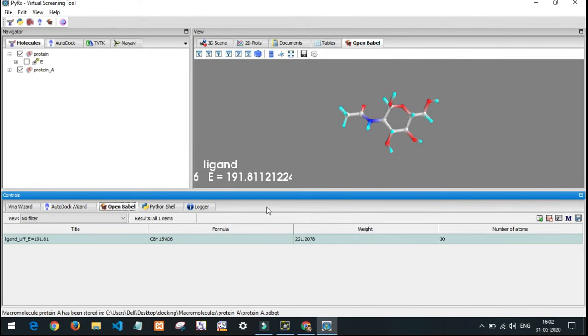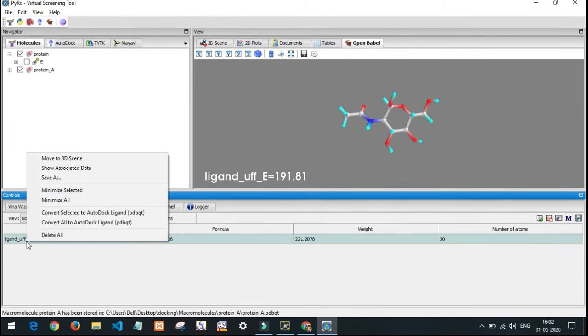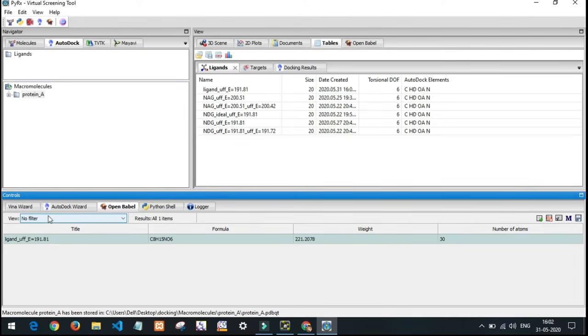Once the energy minimization is completed, we need to convert this file into the PDBQT format, which is very useful for docking analysis. For that, we right click our ligand molecule and convert selected molecule to AutoDock ligand. Now our ligand molecule is also ready for the docking analysis.